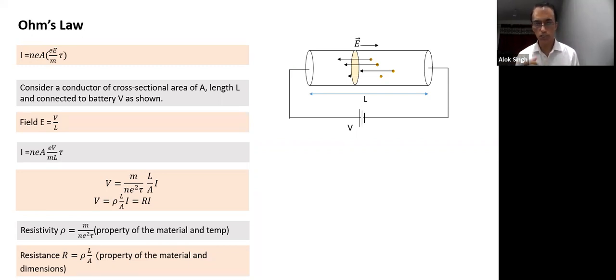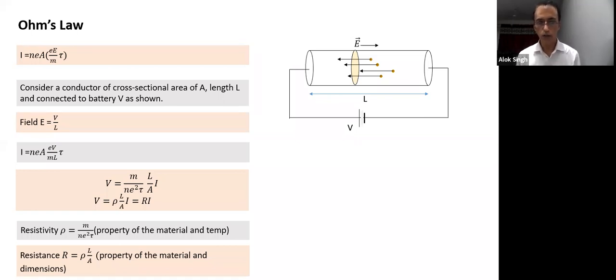Cross section is the area perpendicular to the direction of flow of current. L is measured along the direction of flow of current, or in other words, along the direction in which the potential difference is applied. These are simple definitions, and many of these things you might have done in previous classes also. Most of you should be pretty comfortable with that. So we have linked velocity to current, and in case of current, it was in terms of field. We have linked it to potential and arrived at an expression V is proportional to I, which is Ohm's law.